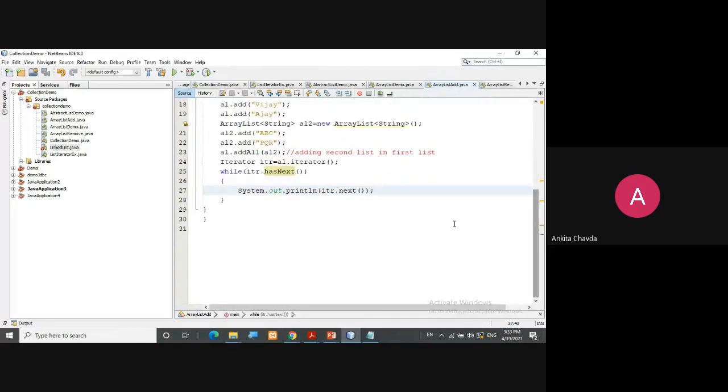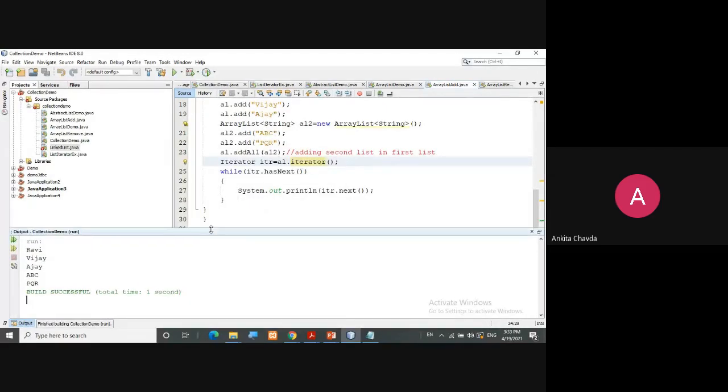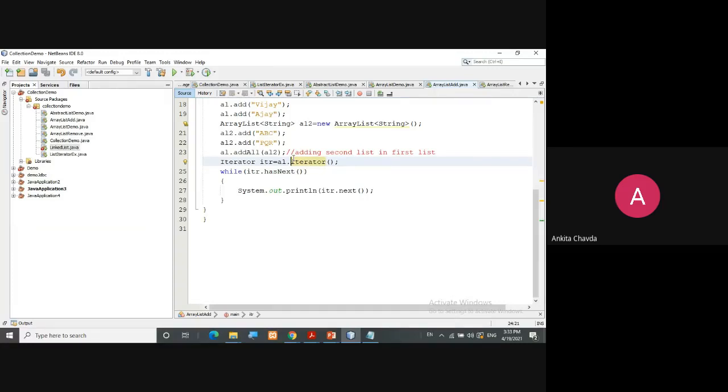So now we can check after appending. Have you seen this? First Ravi, Vijay, Ajay, and then ABC, PQR, right? So this is how you add elements, or add one list to another, appending you can do via the addAll method. AddAll. Okay.